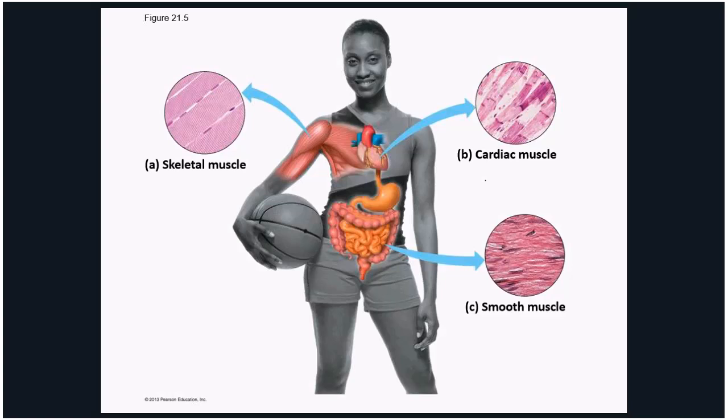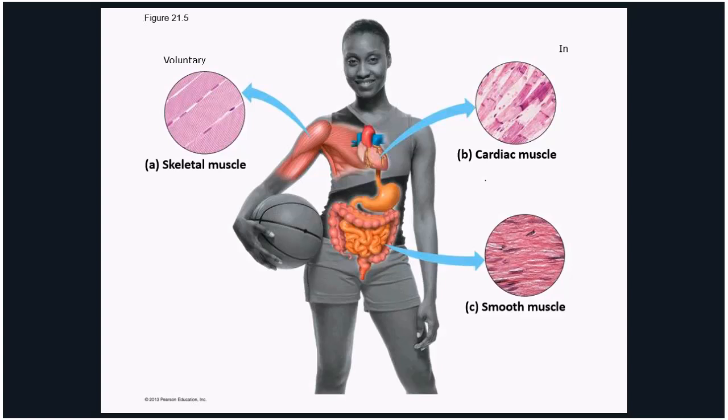All right, so muscle tissue is the next type of tissue in your body. There are three kinds of muscle tissue. One of them is voluntary, and two of them are involuntary. So this skeletal muscle over here is voluntary. That's one of the main differences between these different types. And then these two over here